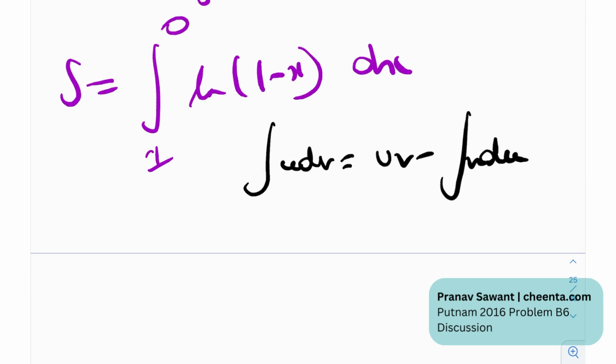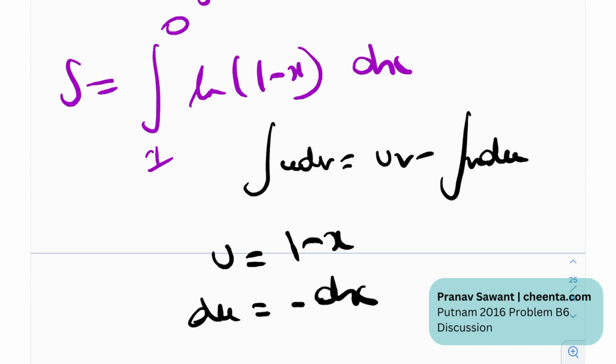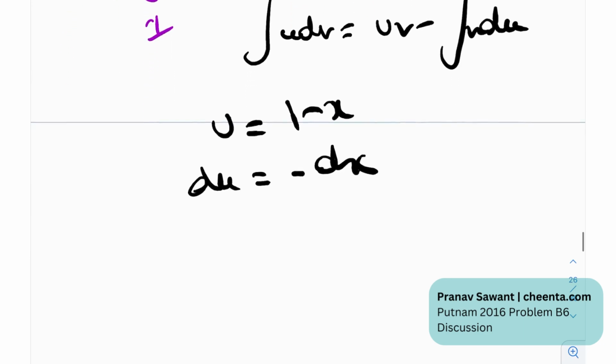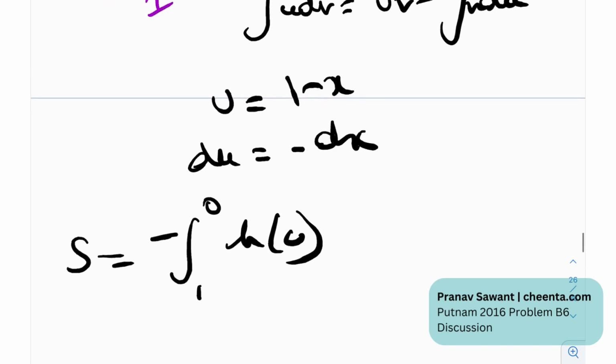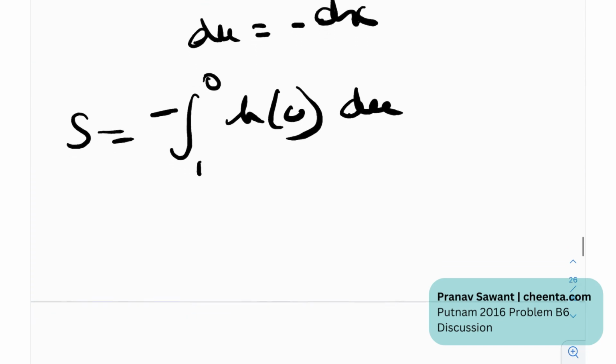Integral u dv is equal to uv minus integral v du. And essentially, you can plug in u is equal to 1 minus x, du will be negative dx, so you will be left with the sum equal to the integral from 1 to 0 of ln u. Obviously dx is equal to negative du, and you proceed with this. So basically the sum becomes the integral from 1 to 0, and let's just replace the signs with 0 to 1,